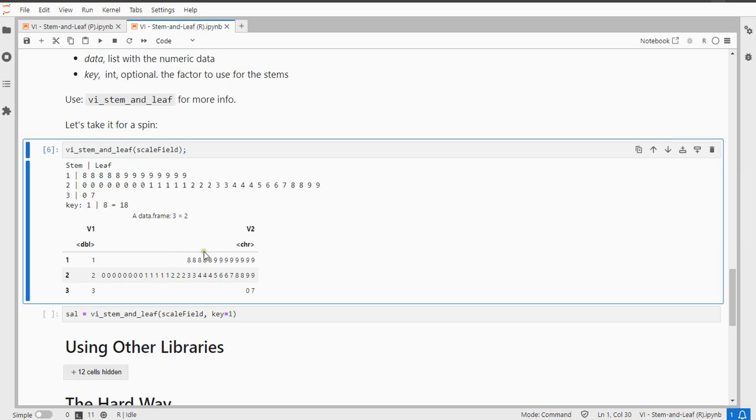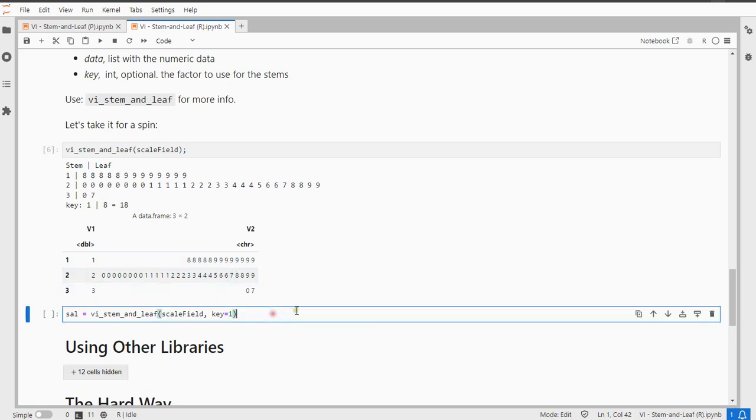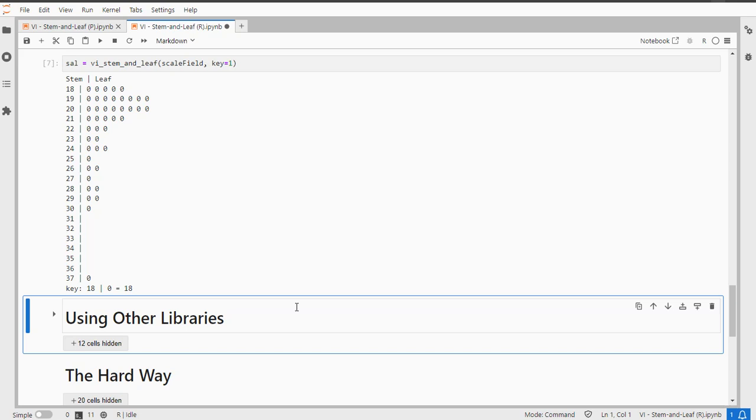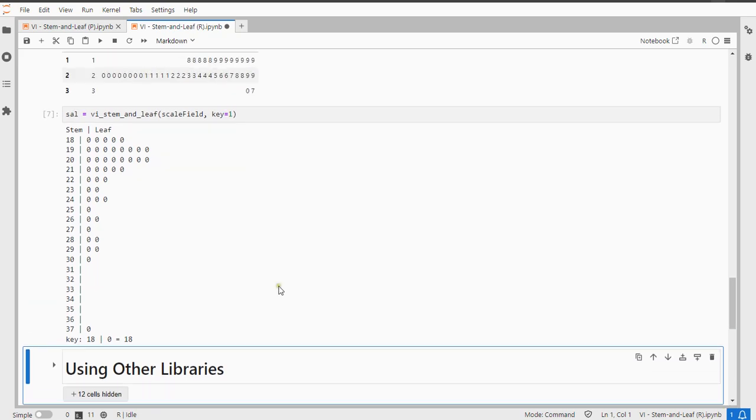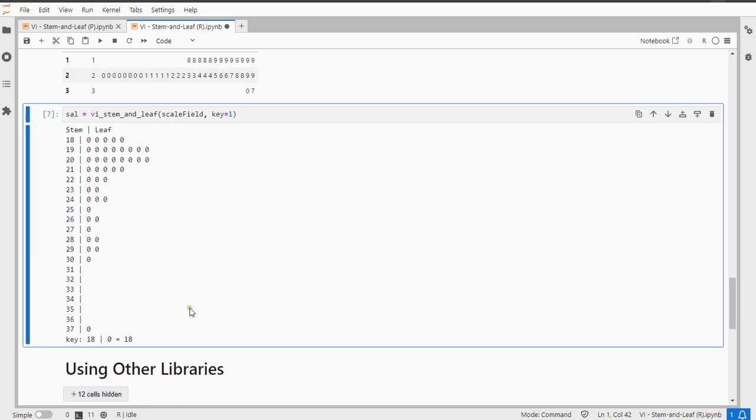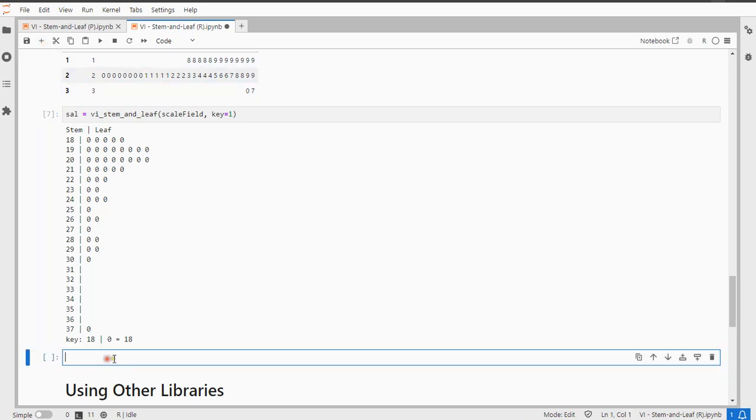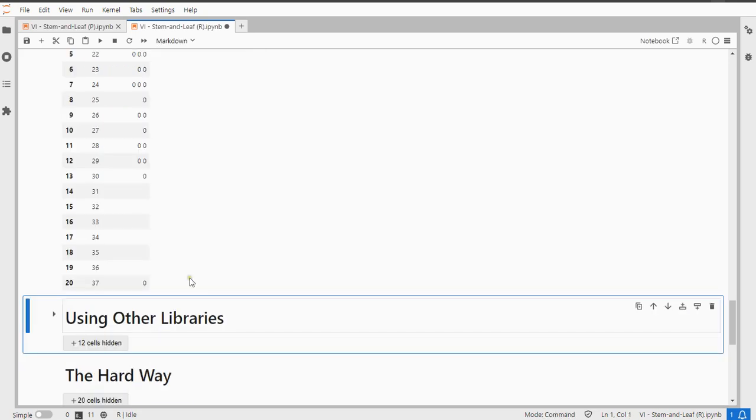And it also returns a data frame that you can actually just store, which has in the first column the stems and in the second column the leaves. Alright, so if you want to store that, you can just do it like this. It will still print out, of course, the stem and leaf plot once, and then you can refer to the stem and leaf data, and that will be then the